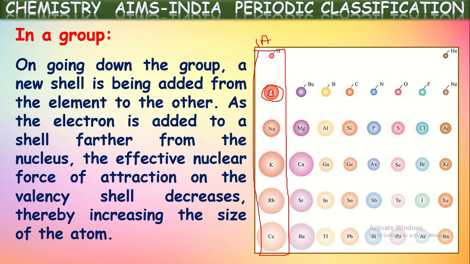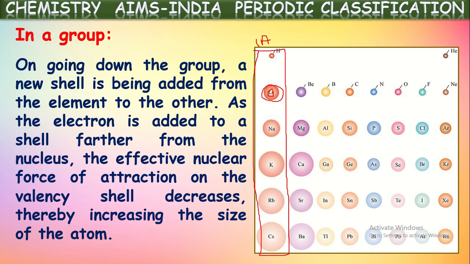So, the outermost electron is present in the second shell of lithium. Whereas if you see sodium, sodium has its outermost electron in the third shell. If we see potassium, it has four shells. So what we observed here, in a group, as we move from top to bottom, number of shells are being